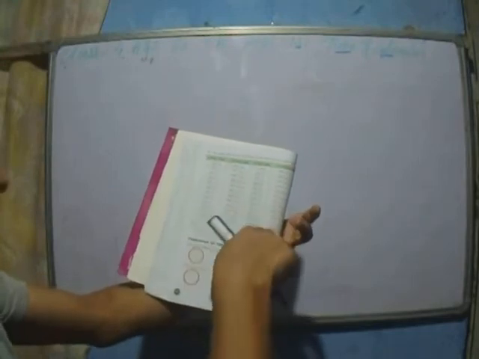Here we have to write in terms of 24-hour clock. For that you need to see page number 162 at the top. These are all given in terms of 24 hour. Now here we are going to convert. So we are talking about question number 1. 4 a.m. is given to us, so here it will be 0400 hours.